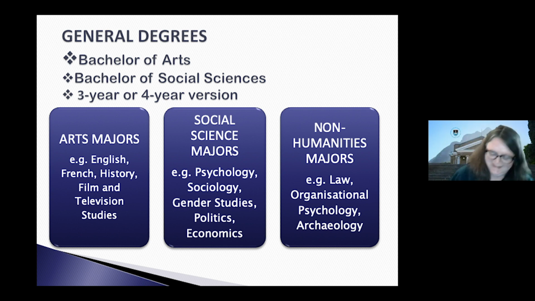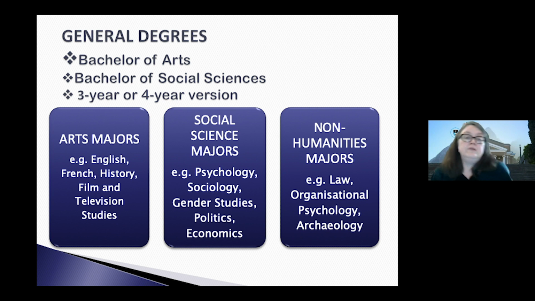Sorry about that. So the general degrees could be the Bachelor of Arts or the Bachelor of Social Science. And we have extended versions of these degrees, which you don't apply for. But if you apply for a general Bachelor of Arts or Bachelor of Social Science, and your matric points are slightly lower than we would normally accept, but we think you have good potential, we may offer you a place in the extended version of the degree, same qualification, just takes 1 year extra, a couple of extra courses, slightly lower workload.